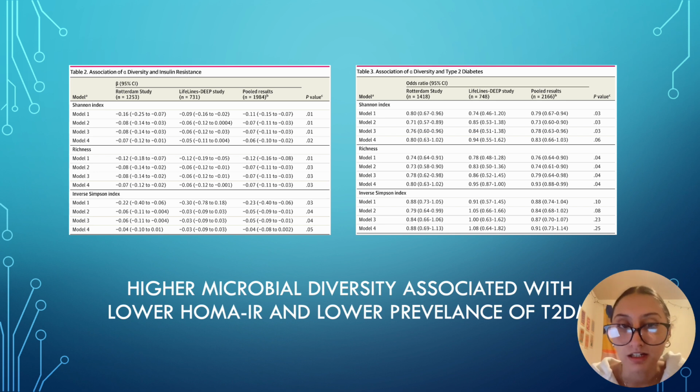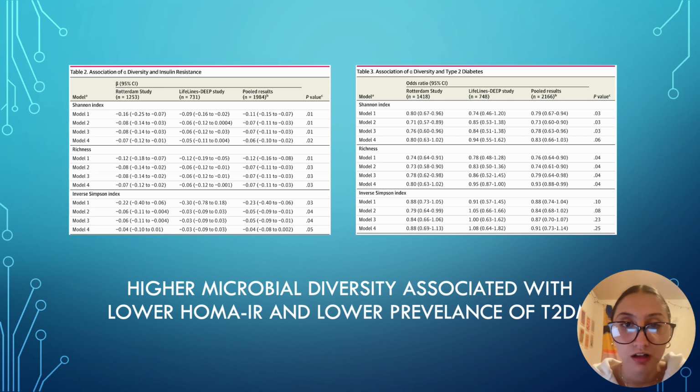In Model 1, an individual's age, sex, and the time their sample spent in the mail were taken into consideration. Over time, the researchers had decided to include most confounding variables, so Model 4 takes age, sex, time in mail, smoking status, education level, physical activity, alcohol intake, total energy intake, BMI, and the use of lipid-lowering or proton pump inhibitor medication into consideration, so this model was much more specific.